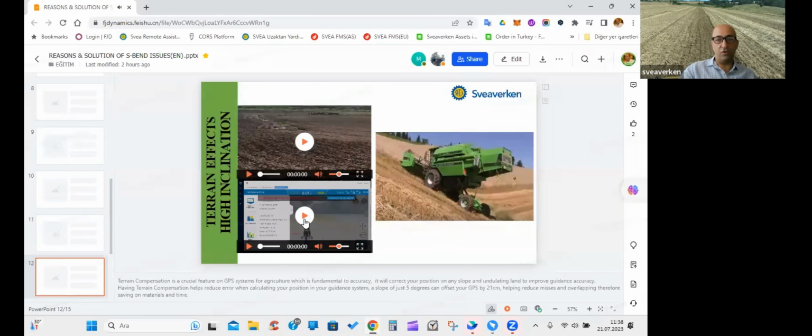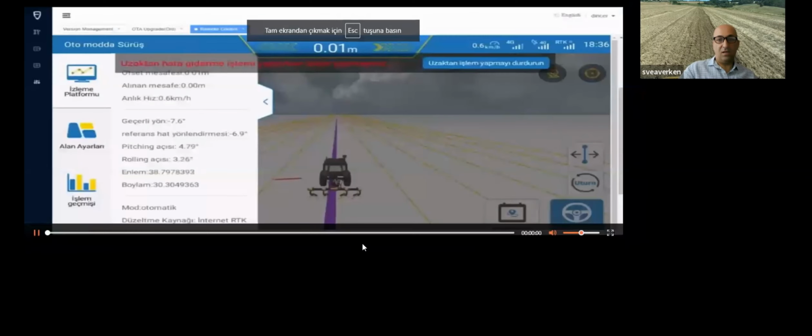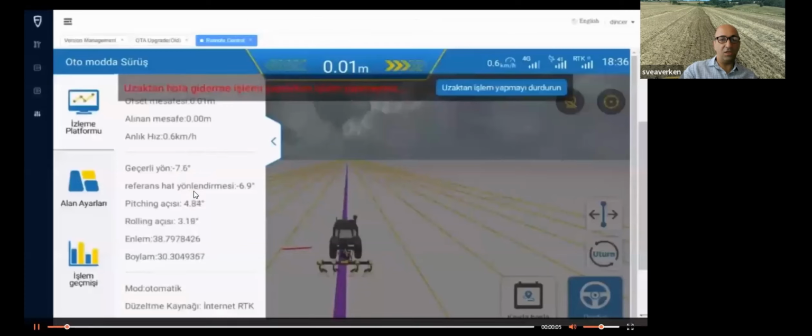And let me show you the tractor screen. Please pay attention to the pitching and rolling angles here, how it behaves. You see 3 centimeters and increasing. So when you debug a situation like this of SBend, you need to know what the angles are here. Do we have directions, headings, values? Or is it located well enough? So you see the tractor is losing its line